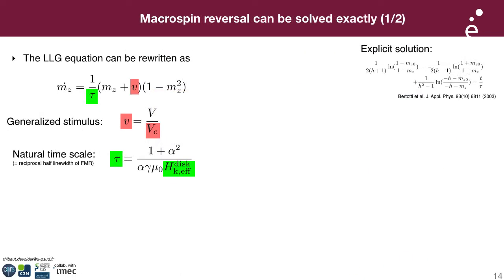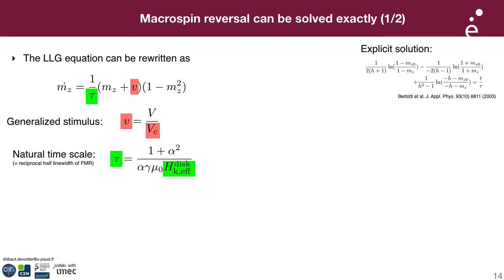The macrospin approximation is that you just consider one big spin that describes the full system. And the good point about this approximation is that it can be solved exactly. So if you rewrite the magnetization dynamics equation, the LLG, for a macrospin with perpendicular magnetic anisotropy